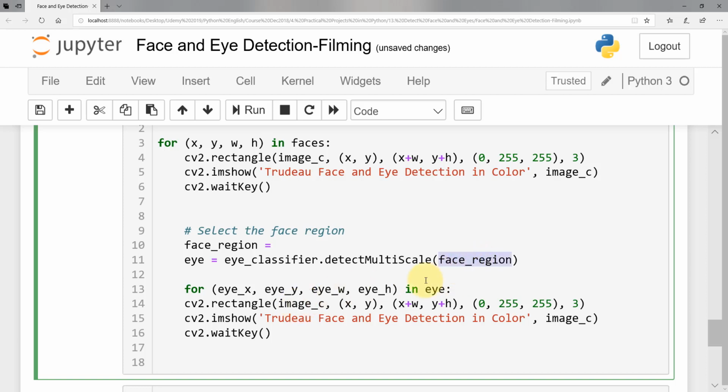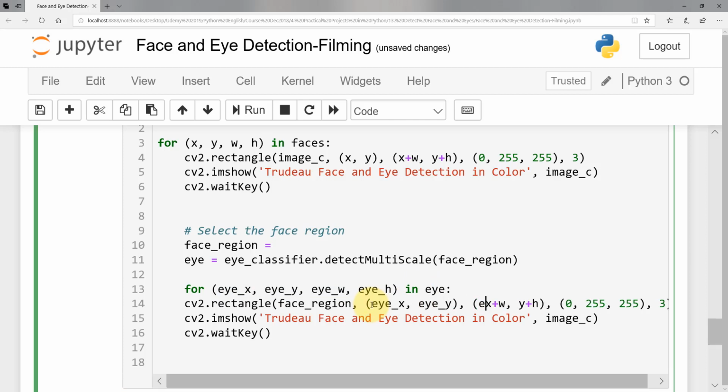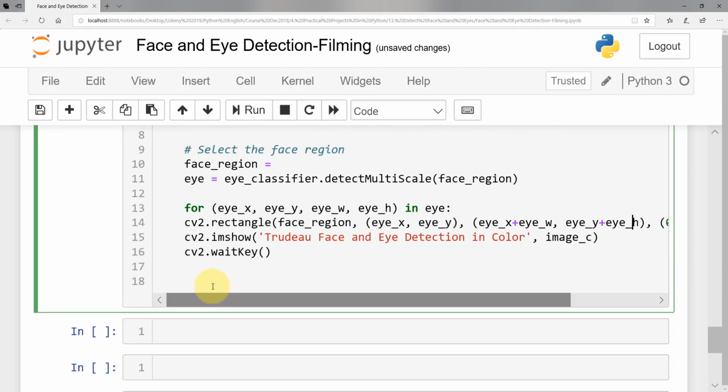I'm going to take the face and draw the eyes on it, with all these coordinates, right? So here we have i underscore x, i underscore y, i underscore x plus i underscore w, i underscore y plus i underscore h. All right, looks terrific. And here we're going to show the face as well, then image color, waitKey,